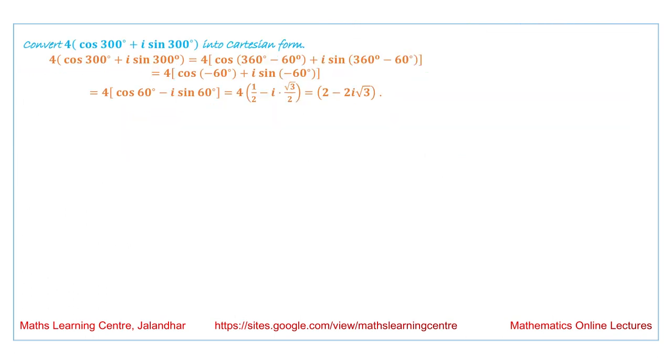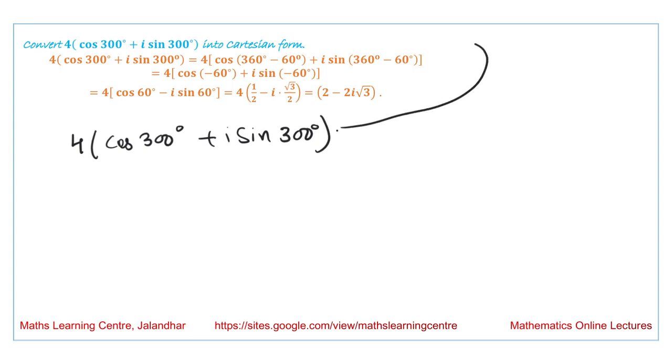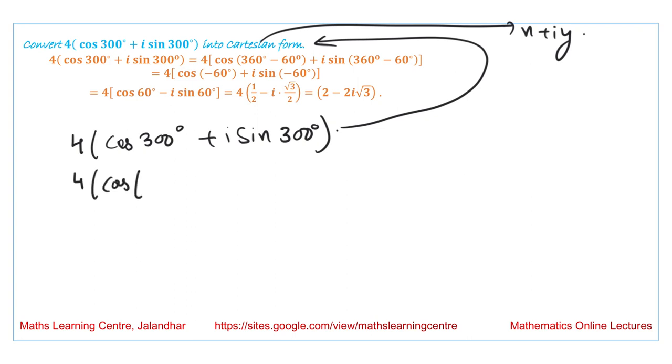Next is to convert this number into Cartesian form. Now, it is a converse question. We have 4 into cos 300 plus iota sin 300. So we have to convert it into the Cartesian form. Cartesian form means we have to write it in the form x plus iota y. So we are writing 4 times cos of 300, and we can write 300 as 360 minus 60. So this is equal to 4 times